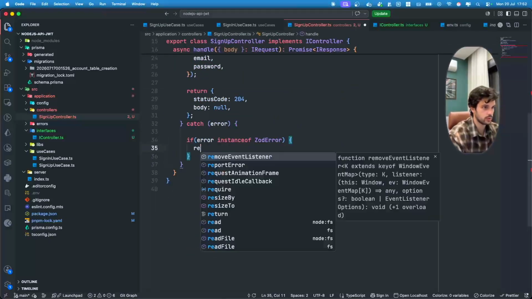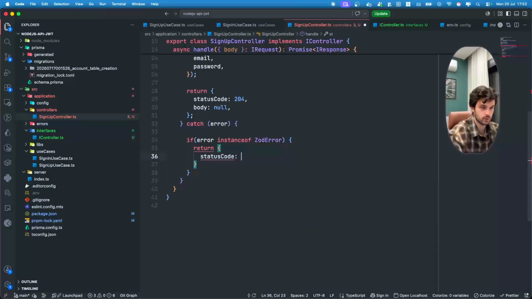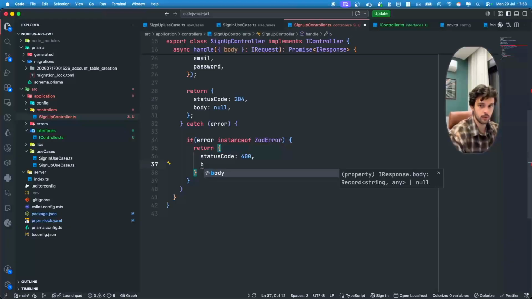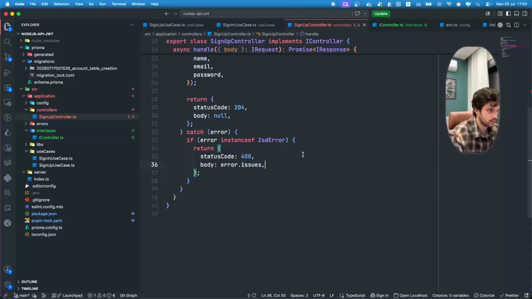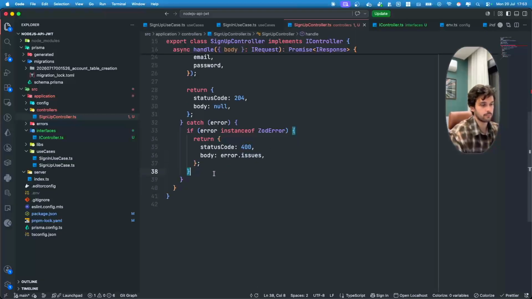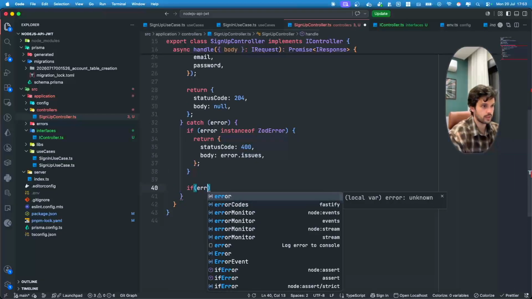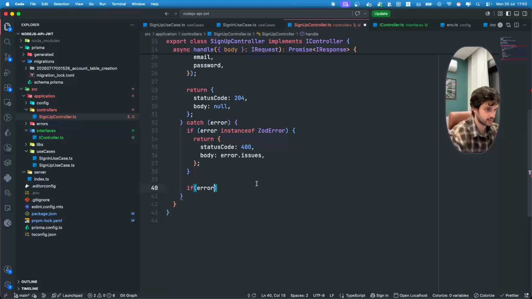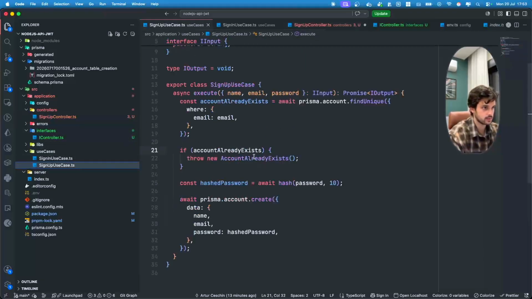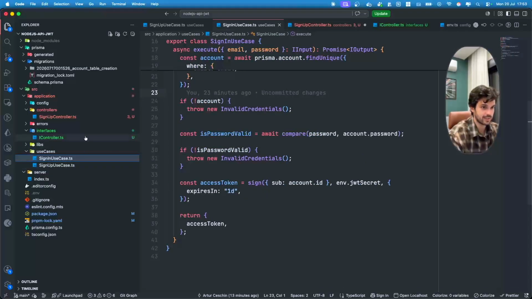All I'm gonna do is return a status code 400, and here in the body I'm just gonna be returning error.issues. Issues, as you can see, is just a Zod property with the issues that we have faced. Now, if what we get here is something different, like an instance of, we can actually get this from the sign up use case, account already exists. If that's the issue,